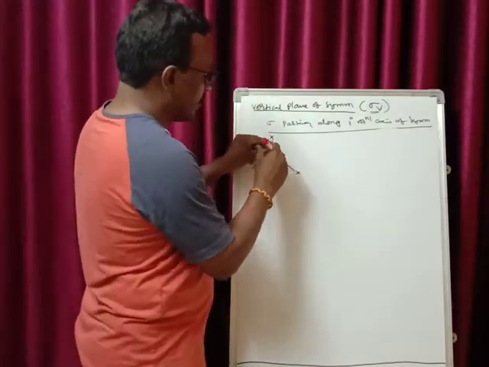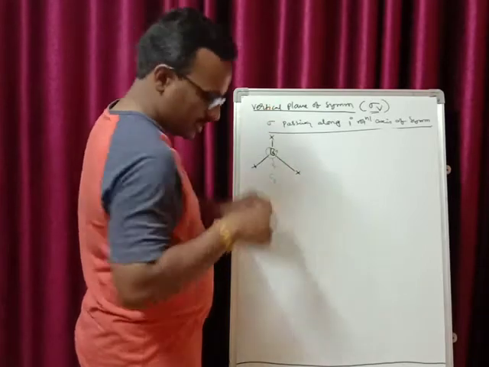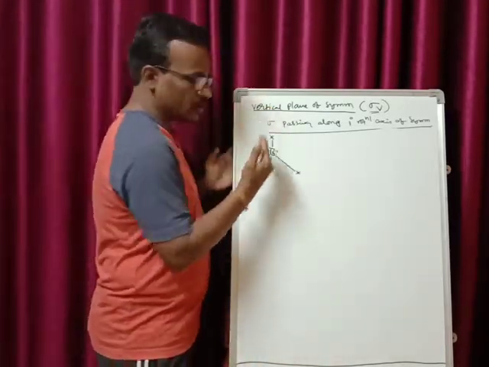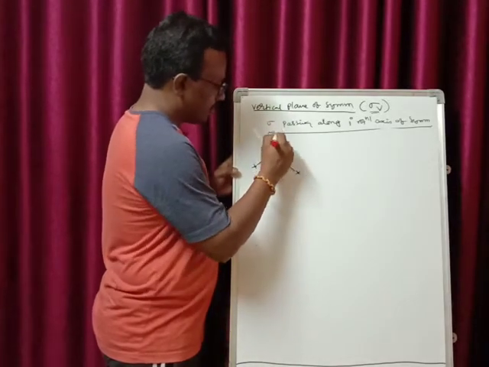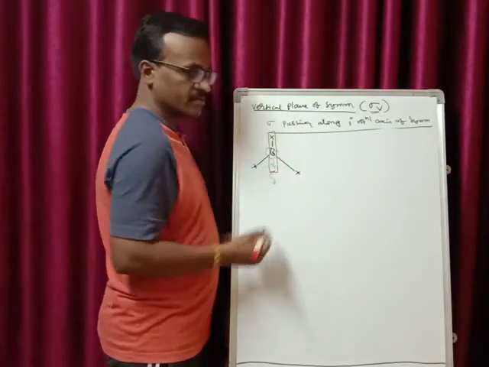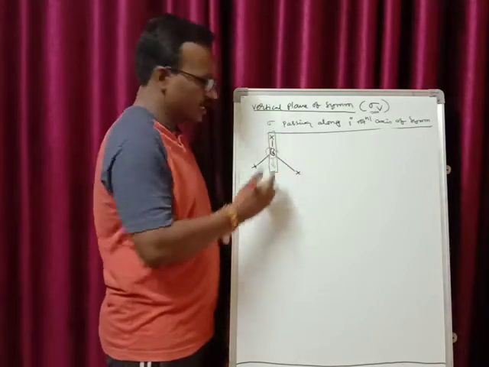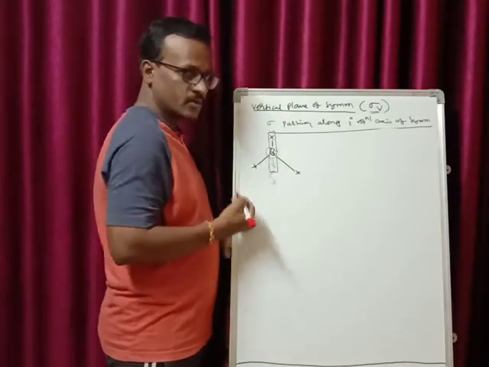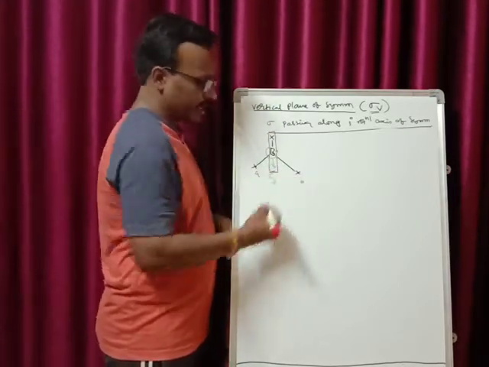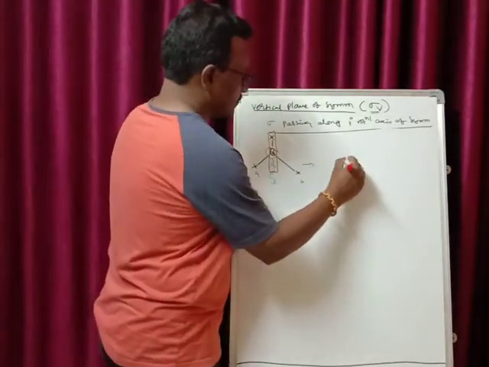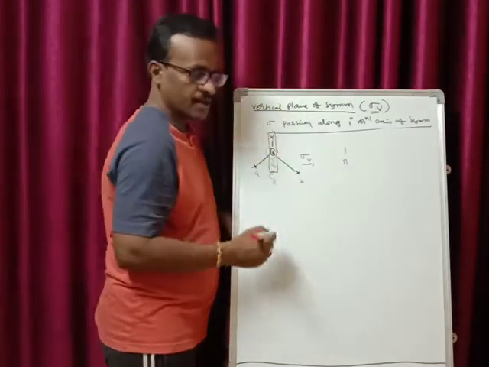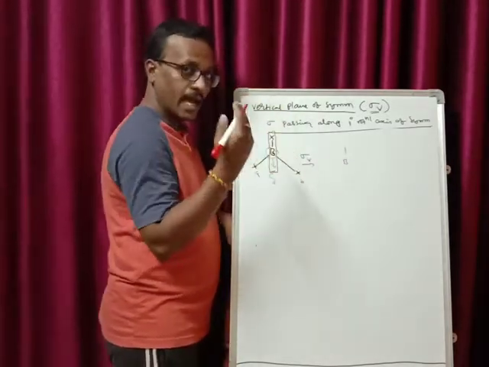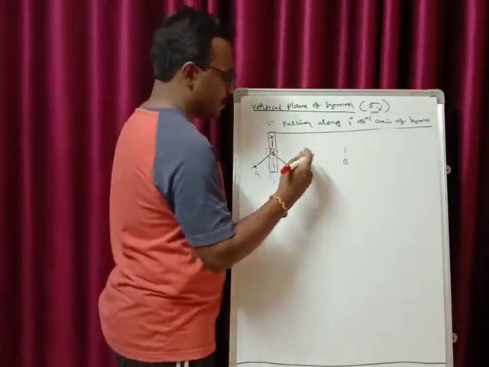Similarly, the plane will also be passing like this. That is, it will be running parallel to your principal rotational axis of symmetry, such that you are bisecting from the center. That is, you are cutting from the center like this. If you cut from the center, you get two equal halves, that is XA and XB. We label them like this. That is sigma V, since the plane is passing along with the principal rotational axis of symmetry.